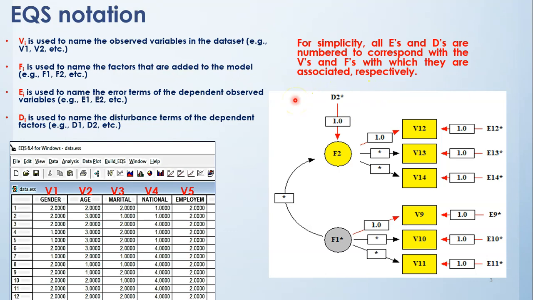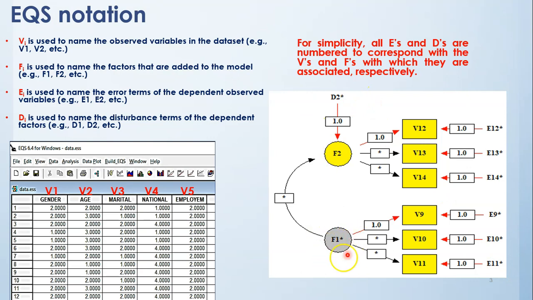Another point that is important here is related to parameter estimation. Basically, all of the parameters that are estimated in this model are represented by asterisks, and all of the parameters that have been fixed to a certain value, which in this example is the value of 1, are displayed in red color. Therefore, in this example, the variances of all of these error terms, the variance of this disturbance term,